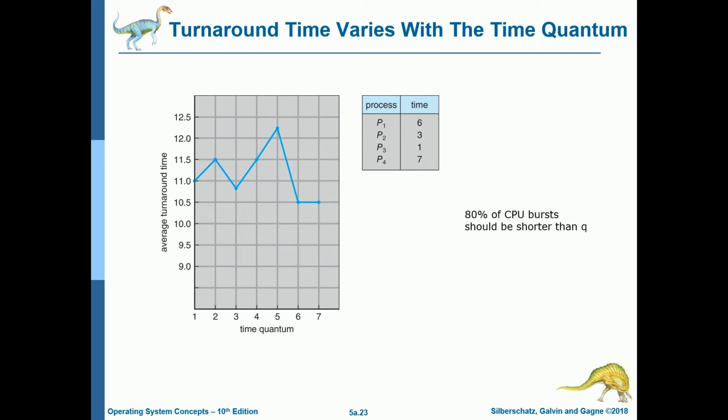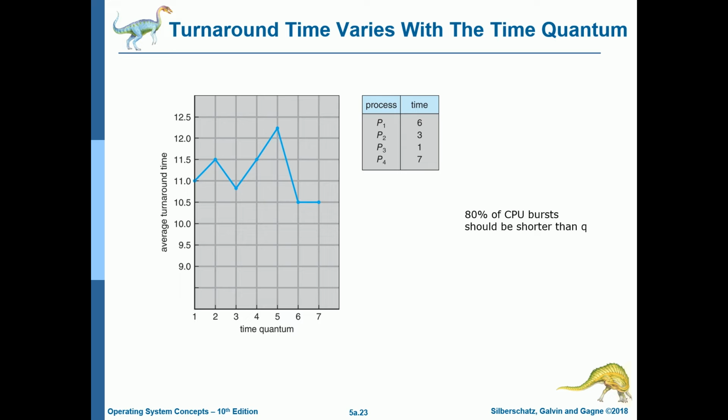In addition to that, turnaround time is also dependent on the size of the time quantum. As we can see here, the average turnaround time of a certain set of processes does not necessarily improve as the time quantum size increases. In general, the average turnaround time can be improved if most processes finish their next CPU burst in a single